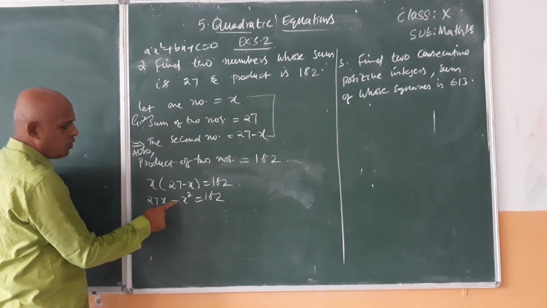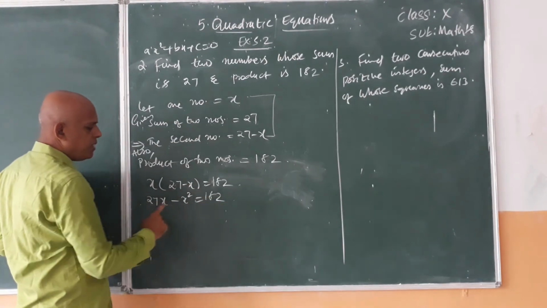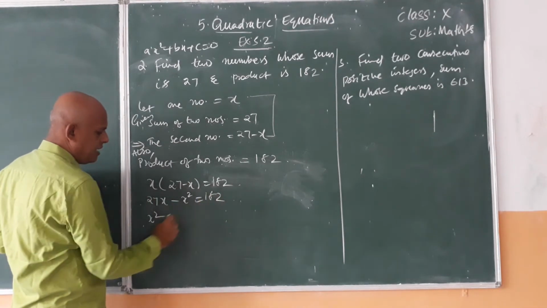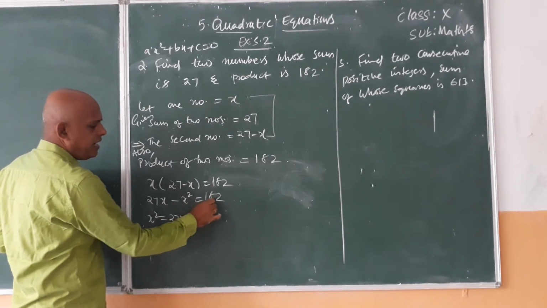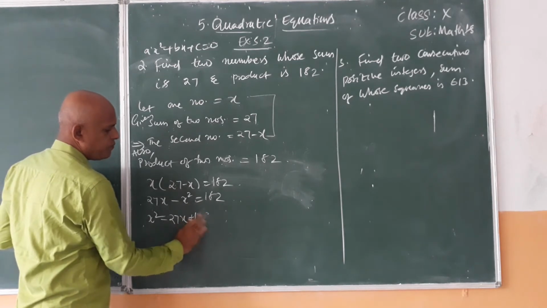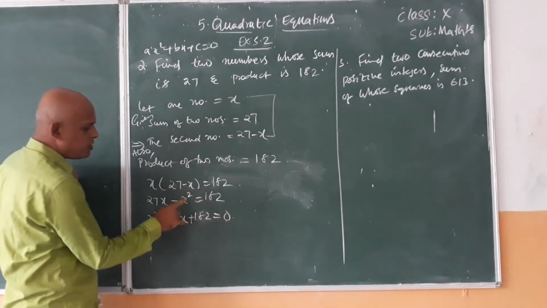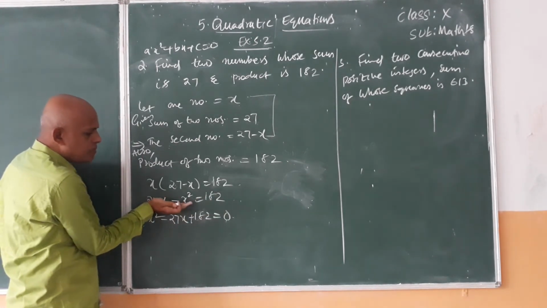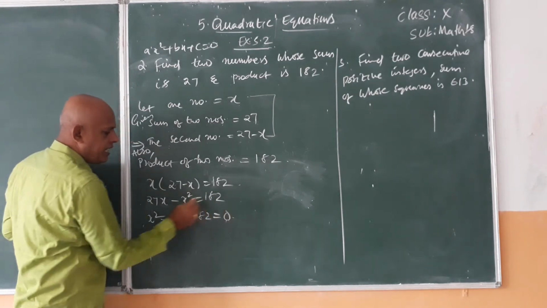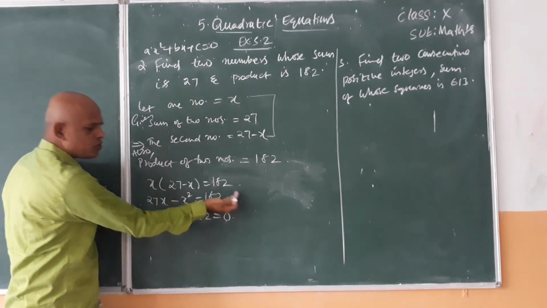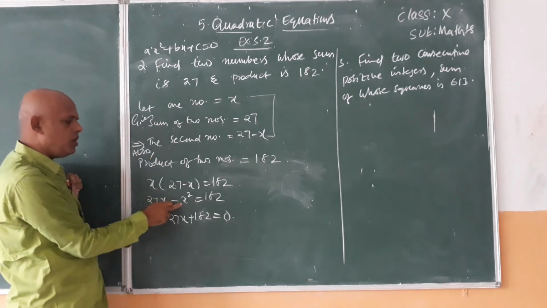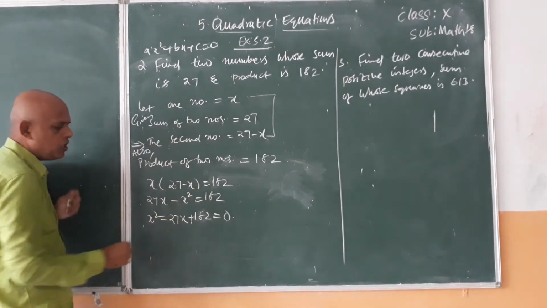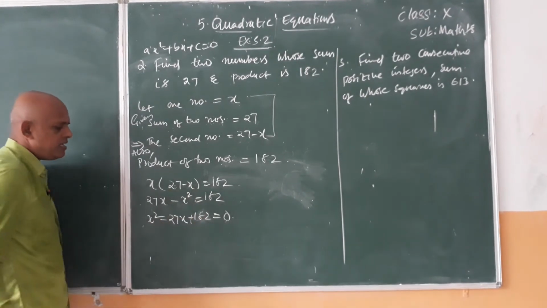So here x square is there, we know. Take these two terms to the right hand side, then it becomes positive: minus x square comes this side as plus x square, 27x comes this side as minus 27x. Here already we have plus 182, so plus 182 is equal to 0. Suppose x square is positive, we will bring the terms to the left hand side. But here x square is negative, so these two terms we are sending to the right side. When x square is positive, we bring the right hand terms to the left hand side. But when x square is negative, you transfer the left hand terms to the right hand side, so that x square becomes positive.